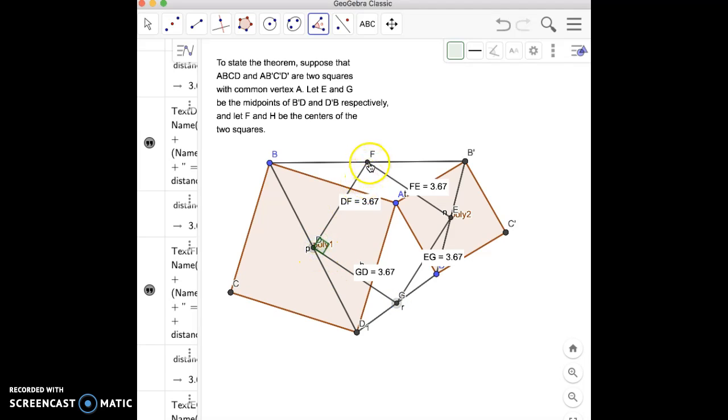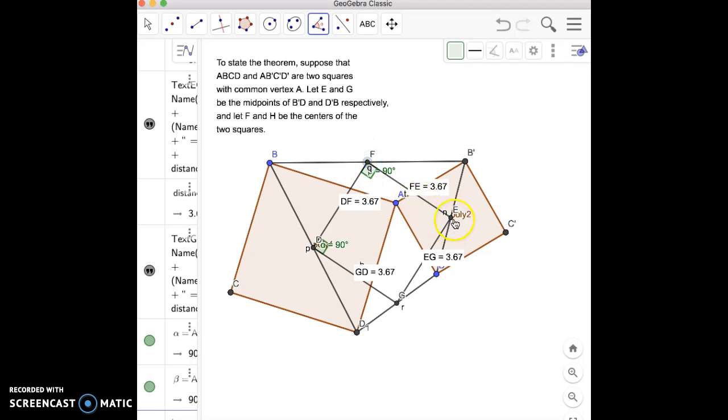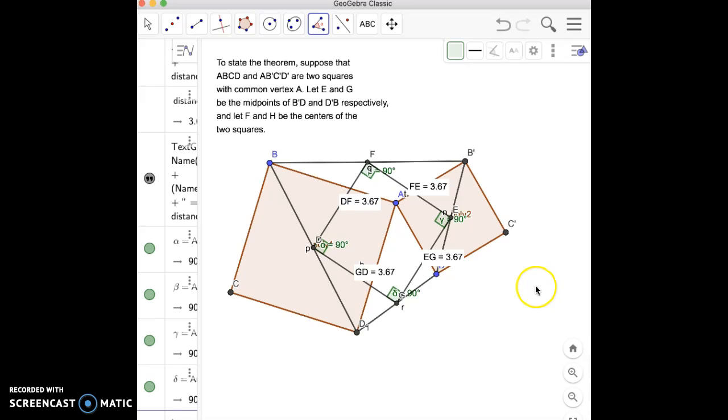So then they could show that all of these are 90. Really, you could just show 2, but we'll just put them all in. And so that would be the conclusion that would come from this theorem. So one thing that's cool is it does take a full 90 minutes for them to do these things, but